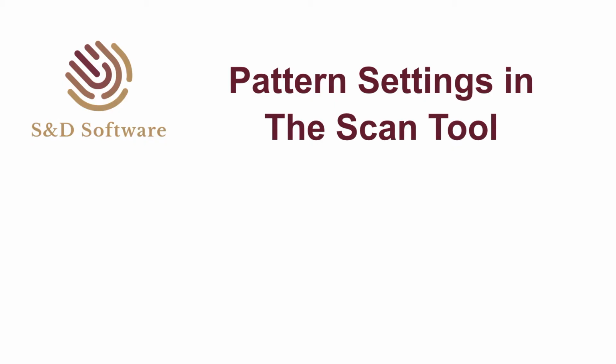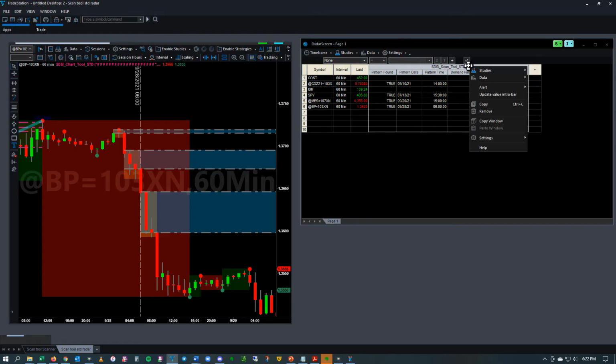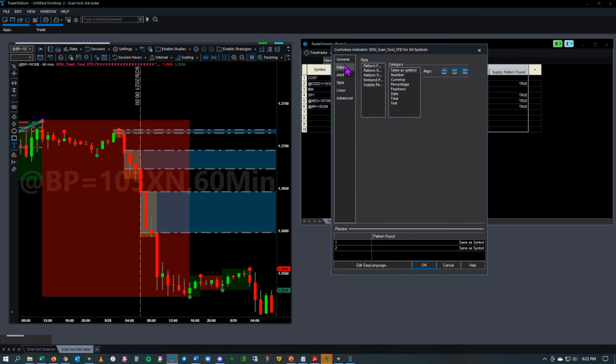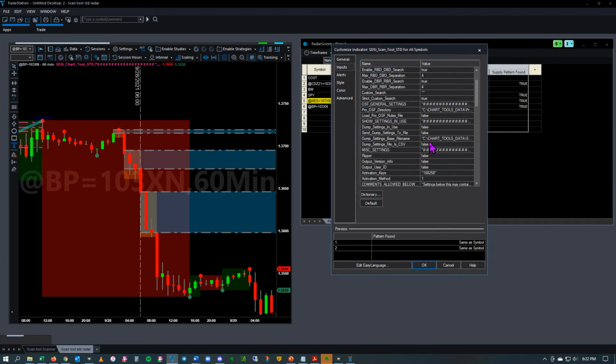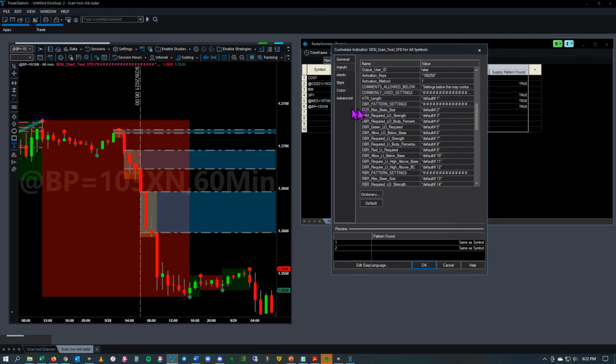In this section, we're going to talk about pattern settings in the scan tool. Based on your trade plan, more than likely you will not have the pattern settings set at the default values. So you may have some different requirements. And so when you make changes to the radar screen, and we have videos that explain these different settings,